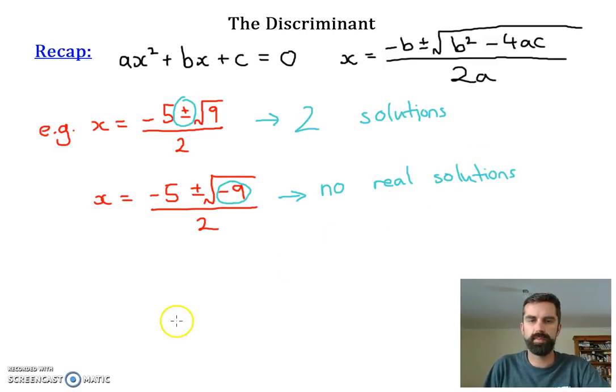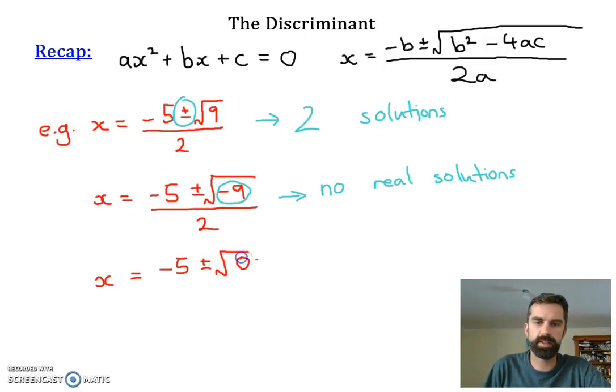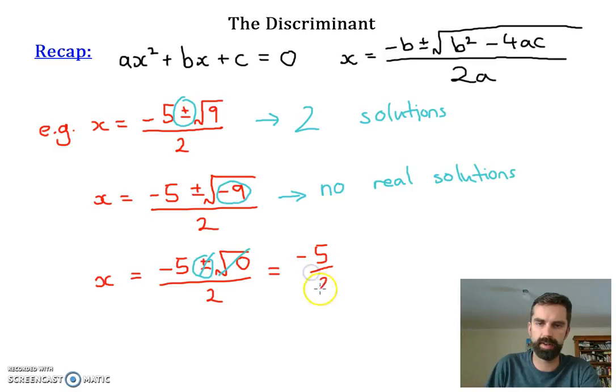And let's consider just one more possibility. What if I'd been using my quadratic formula and instead of a 9, I got a 0? Well, in this case, suddenly the plus minus sign doesn't mean anything anymore. That's irrelevant because the square root of 0 is 0, so we can just cross that part of the equation out. And if we were doing this, then our answer would just be negative 5 over 2. So in this case, there was one